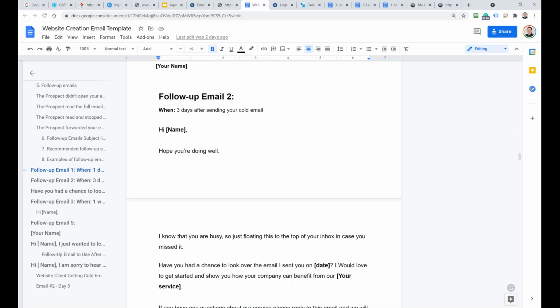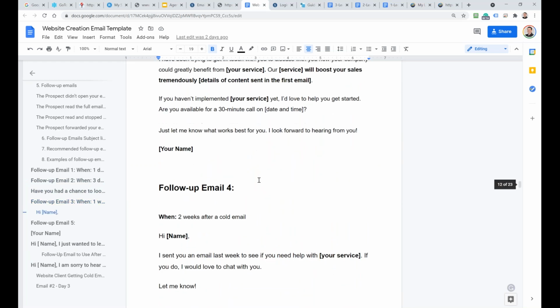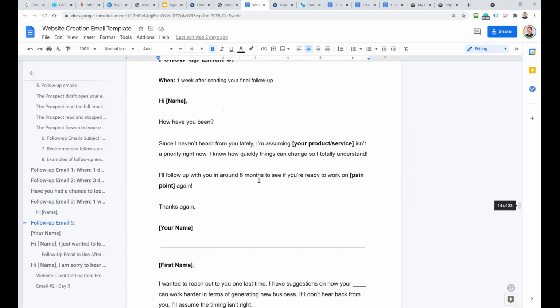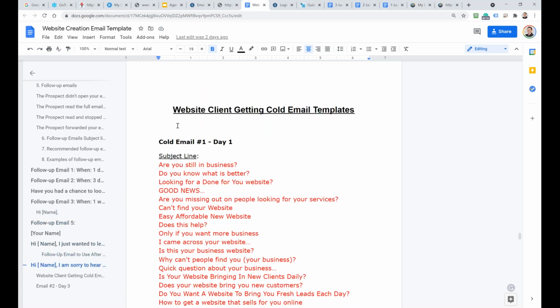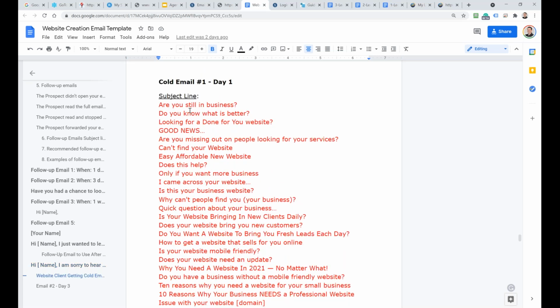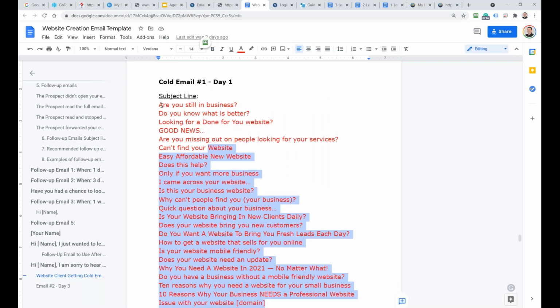So what we did is also give you the complete email, okay? And not just some email, no, they are judged by many. Here starts the website client getting cold email policy. So we created those subject lines, okay, they're all tested, they're all good. You have to find what you feel good with, but with cold prospecting,